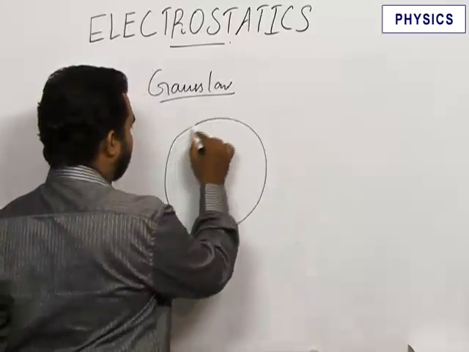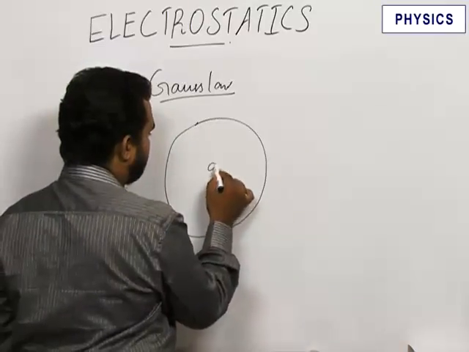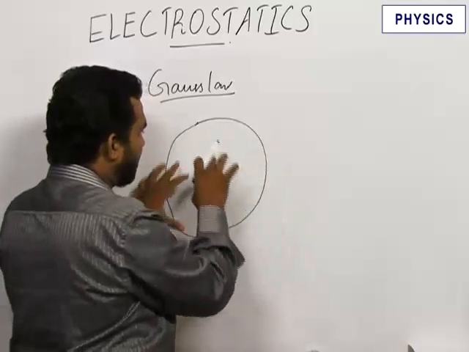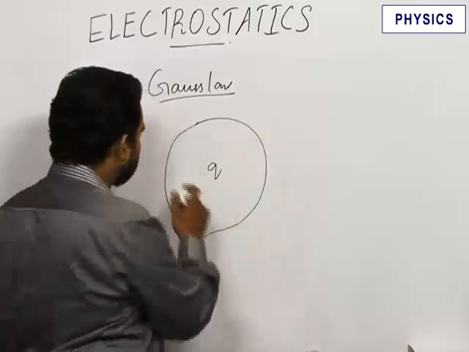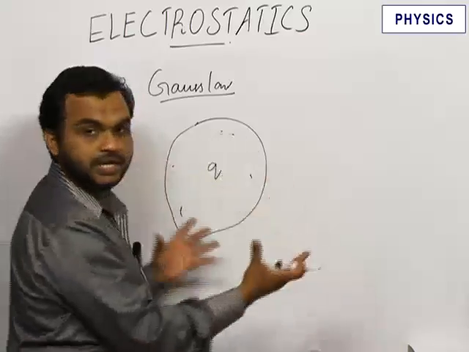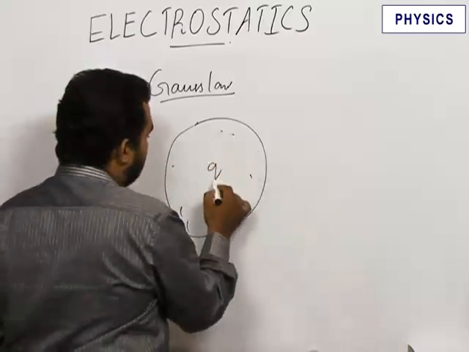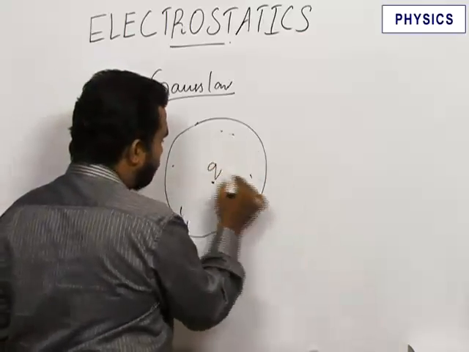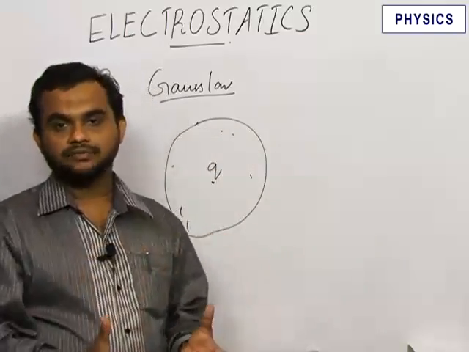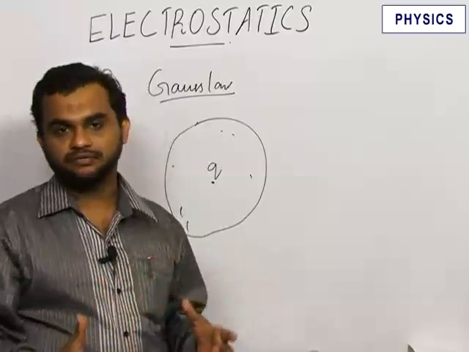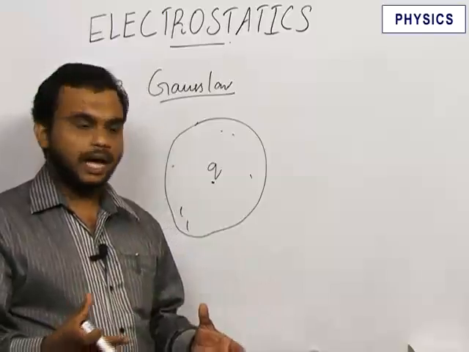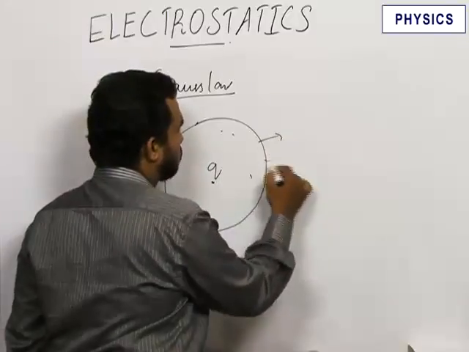I take any closed surface, and if you have a charge q here, and through this closed surface, actually this is not a closed curve, but this represents a surface. This is not 2D, this is 3D. And suppose this is a charge q in the surface, for example a football-like surface, a closed spherical surface or a closed cylinder, any closed surface, and the flux through this closed surface, that is